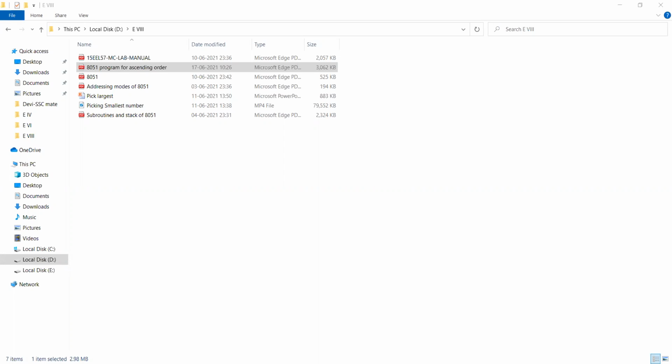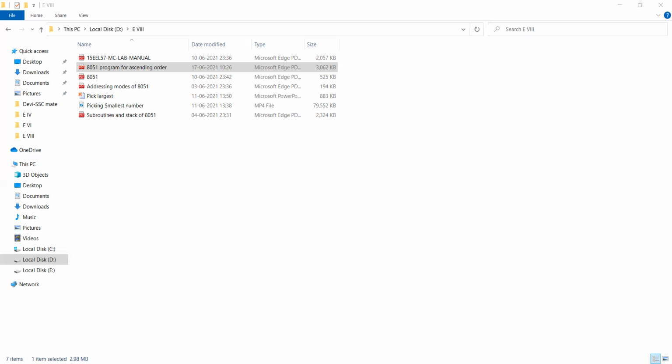If A is having the lesser value, then what happens? That lesser value should be in the previous data pointer location. So that means decrement DPTR, and this lesser value in the accumulator can be shifted to the data pointer location.